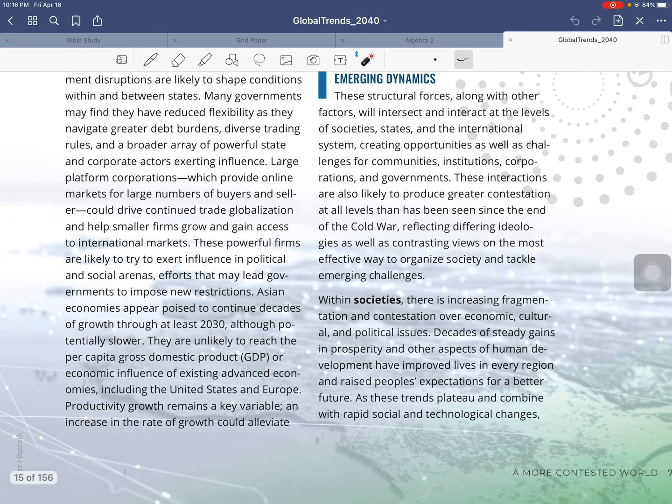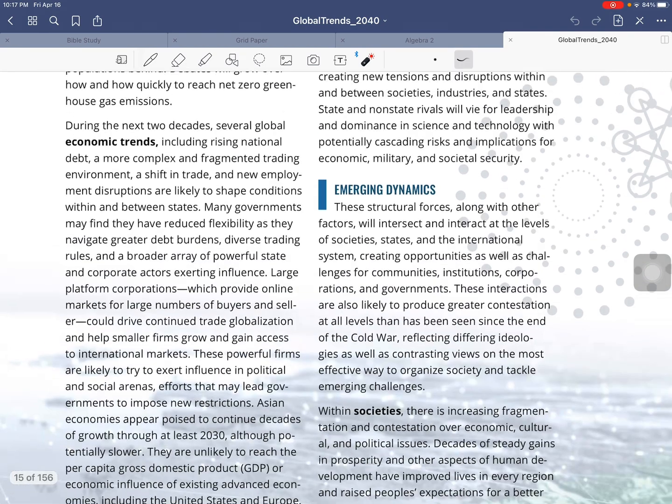Within societies, there's increasing fragmentation and contestation over economic, cultural, and political issues. Decades of steady gains in prosperity and other aspects of human development have improved lives in every region and raised people's expectation for a better future. As this trend plateaus and combines with other rapid social and technological changes,